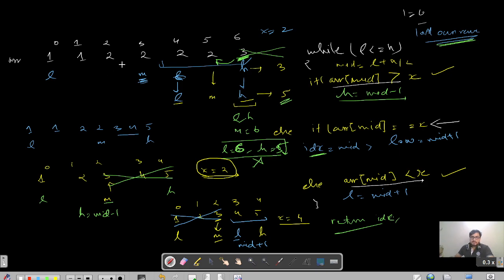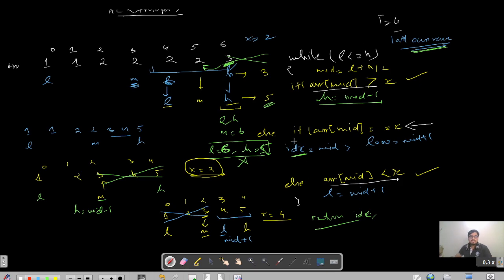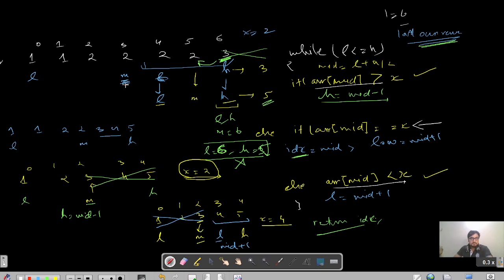So in the same dry run, first of all, our mid was pointing here. And what we did, we stored the answer and we moved in the right hand side in hope that there will be more 2's present in the right. And since we were finding the last occurrence, that is why we did the binary search in the right hand side. But what I need to do is find the first occurrence. So I will say the same thing, just the reverse of it: the mid is here. Now there is a probability that there will be more 2's present in the left hand side, and I need to perform the binary search in the